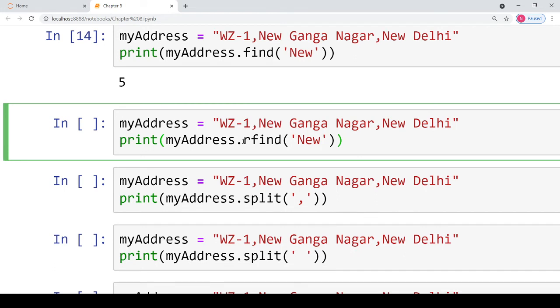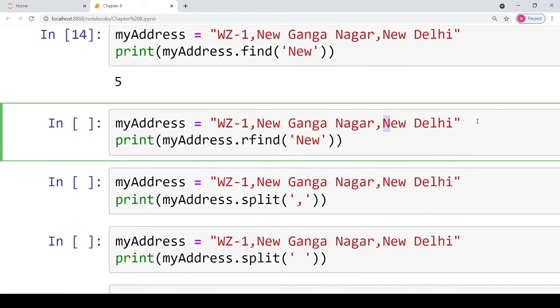Now, the next part is asking you to use the rfind function and return at what index this particular substring is present the first time when you start searching from right to left. Now, you do not have to begin your search from left to right. You have to go backward towards the starting of the string. So basically, you have to return the index of this particular location, because when you go from right to left, this is the place where New occurs the first time.